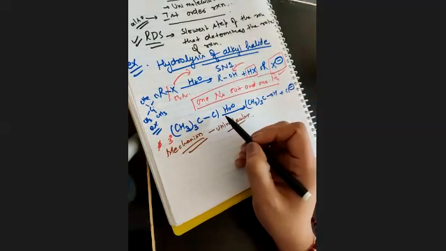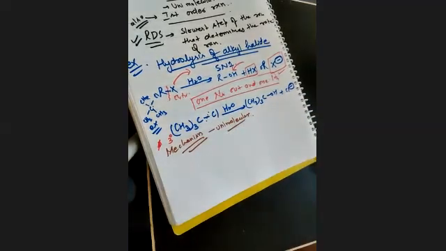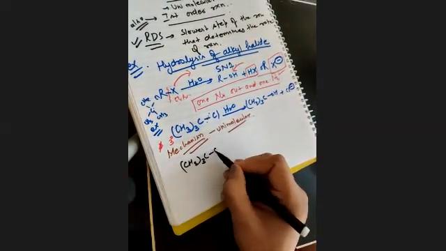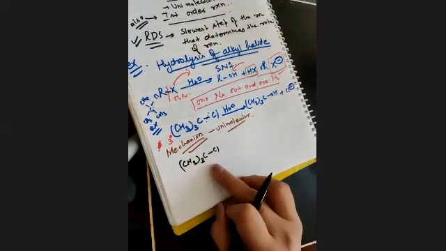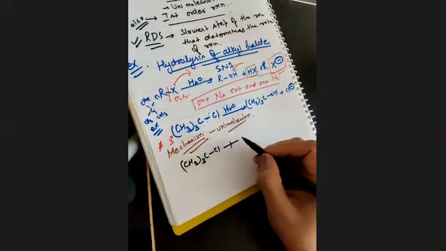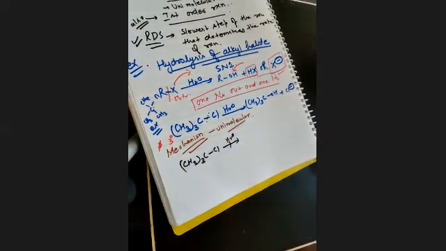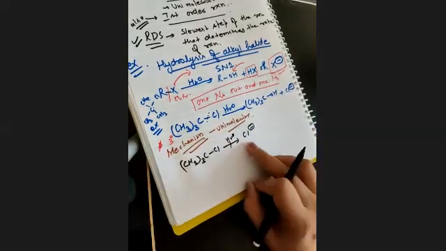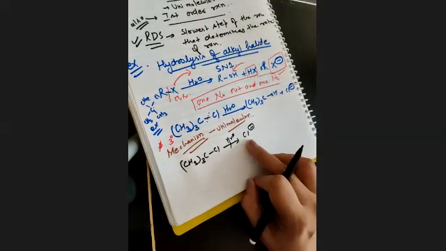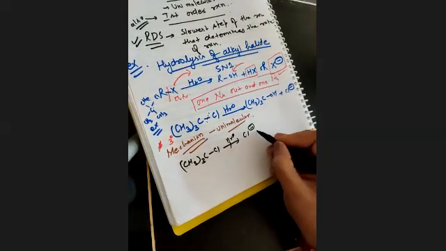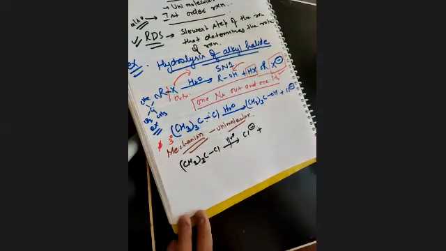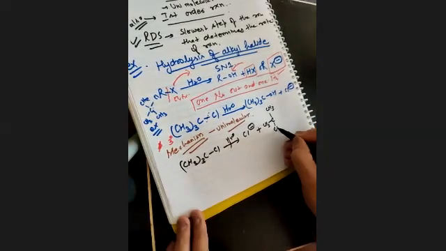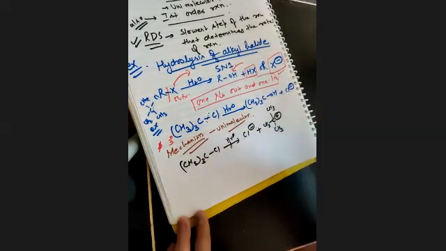When hydrolysis takes place, this chlorine will get out. Let me write it here also: CH3, CH3Cl. This is our main compound, our alkyl halide. Let's do the hydrolysis in the presence of H2O. First, removal of nucleophile will take place and formation of carbocation will be there. CH3, CH3, CH3 plus this.